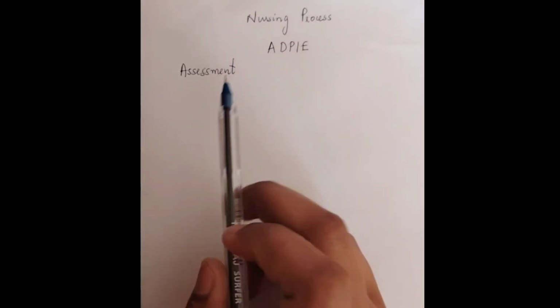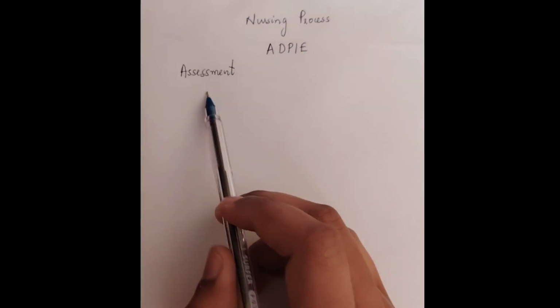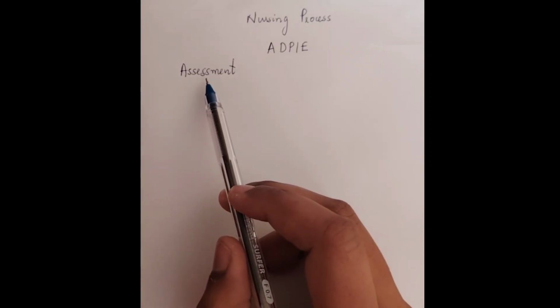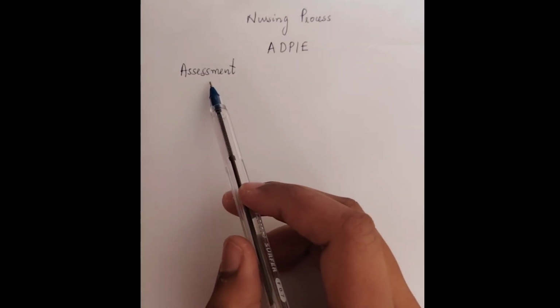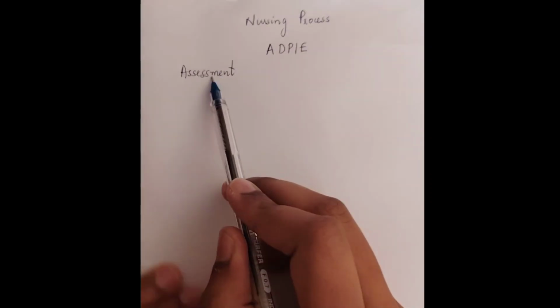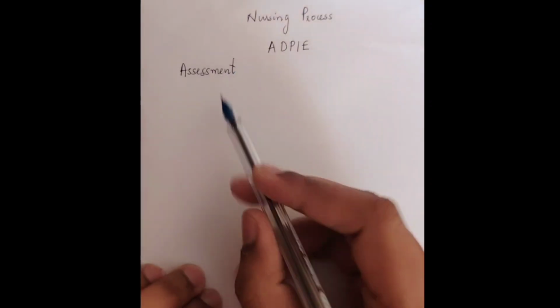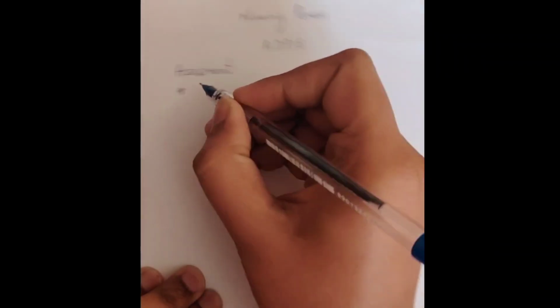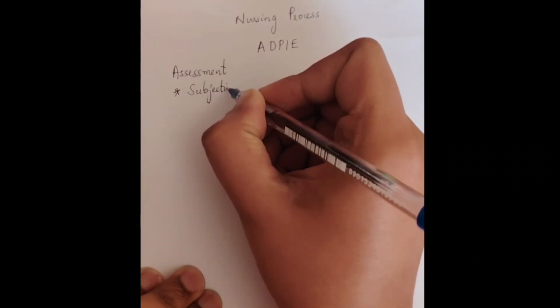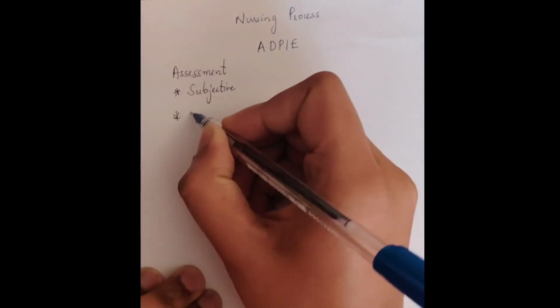Here the nurse will collect the information about the patient, and this will include collecting the health history of the patient, the physical examination, taking vital signs, checking the lab reports, and also patient's verbal complaints also will be considered in assessment. So assessment itself has got 2 different kind of data. The first one is subjective data, and the second one is